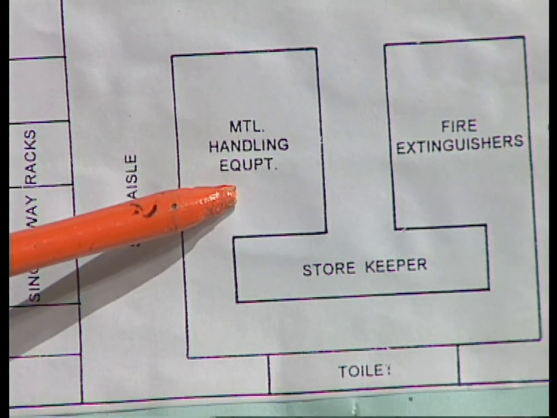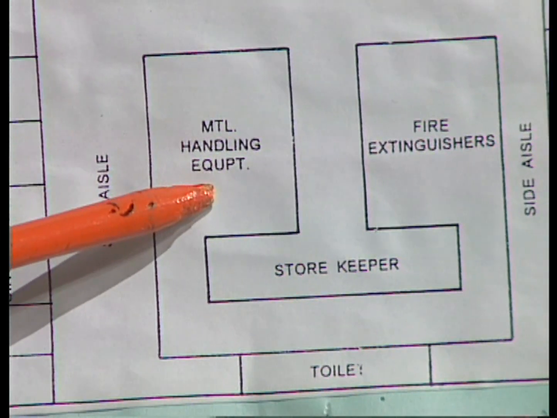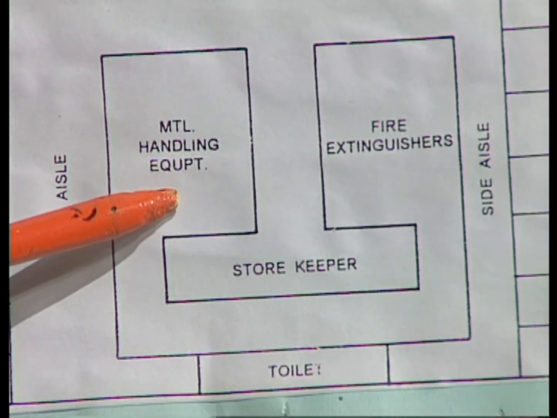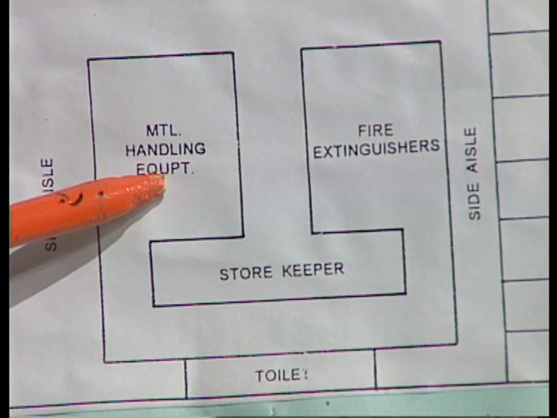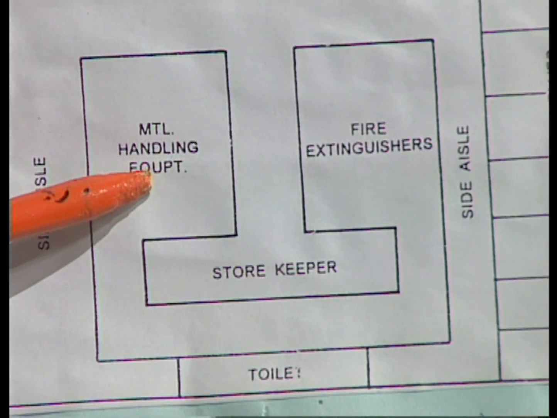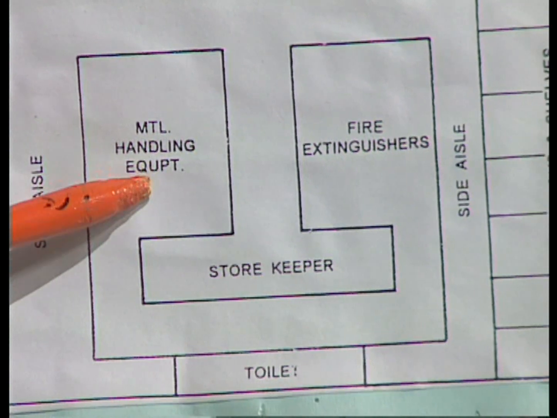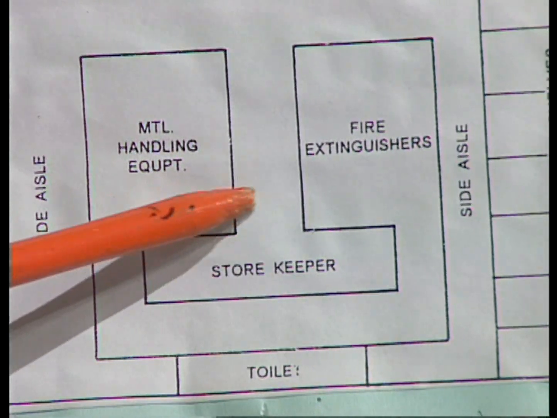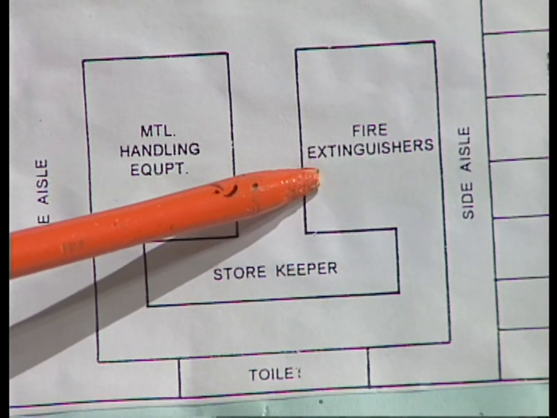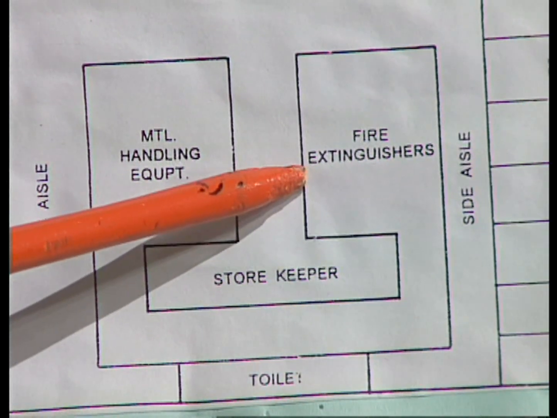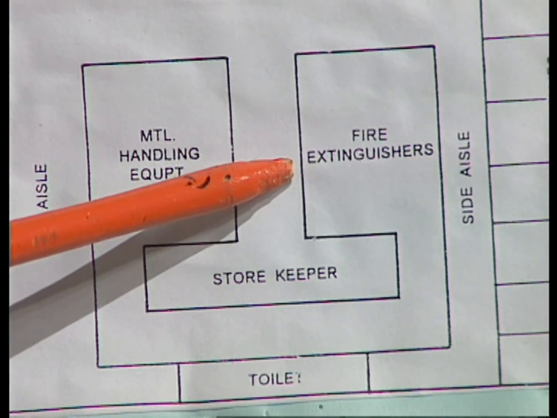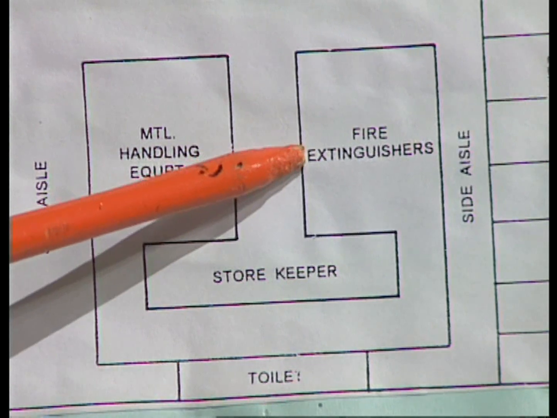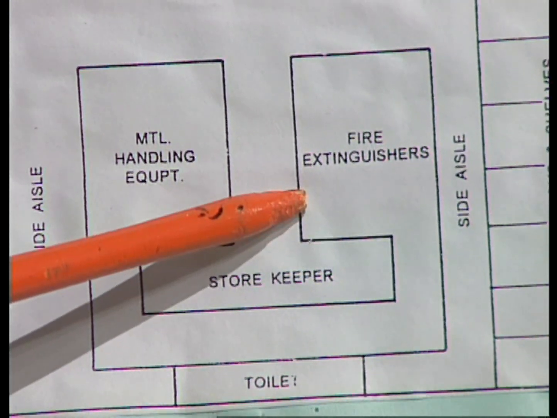Whatever material handling is there, to lift the material from the stores to the stores gate, or from the transport point to different places like the open yard, etc., we need material handling equipment that will be placed here. Whenever we have to use it, we have to take these things. And coming to here is a fire extinguisher. In case accidents happen, we have to stop the flames, etc. In that case we require these fire extinguishers, so they will be placed here.